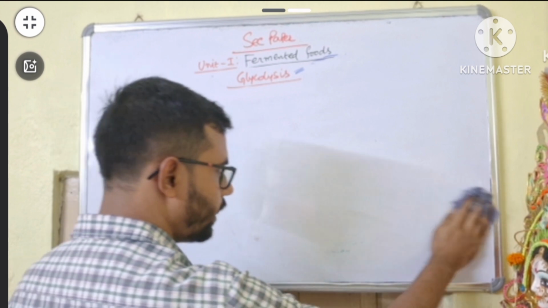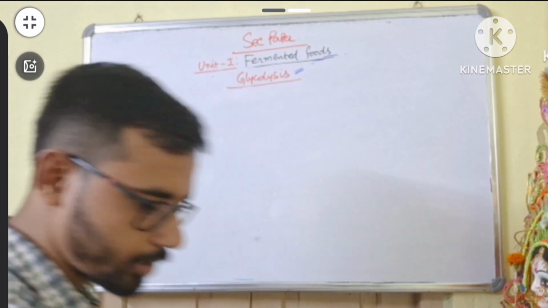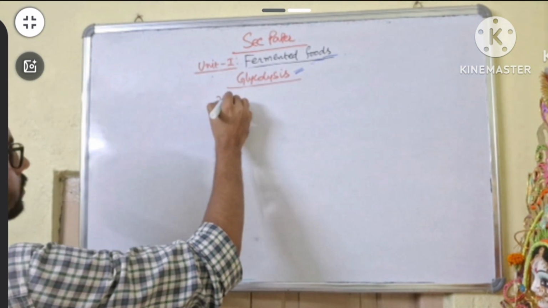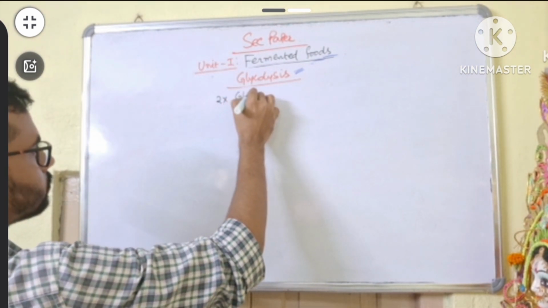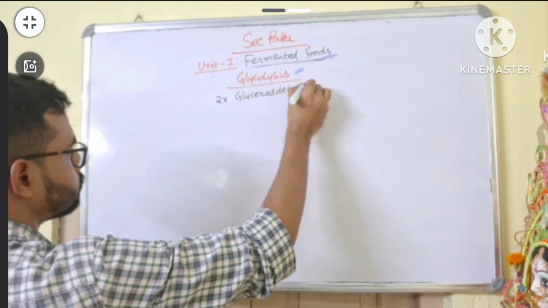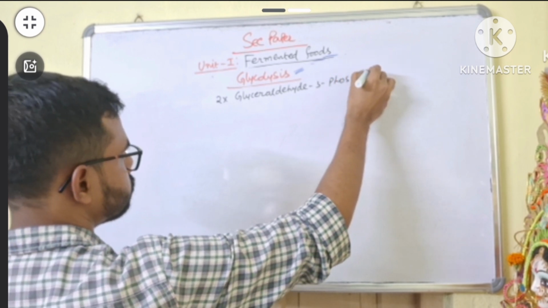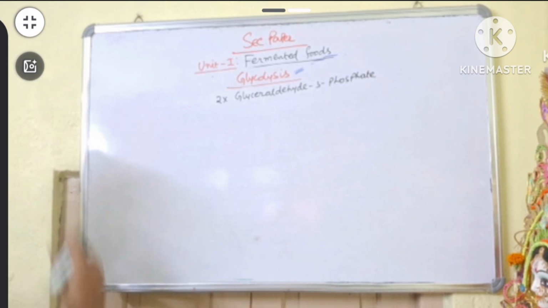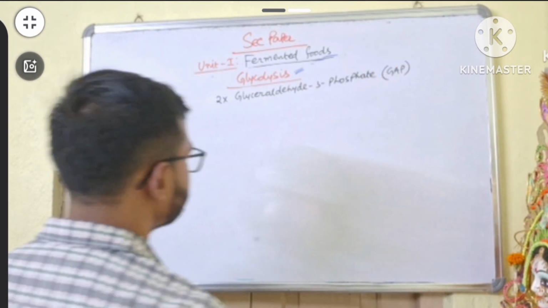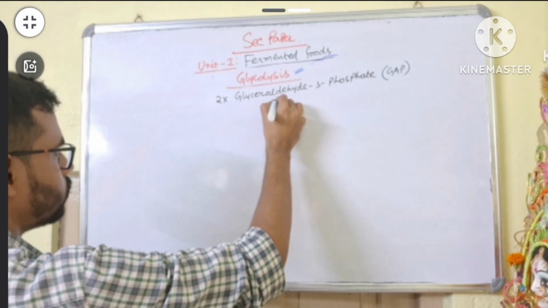After the preparatory phase, we end with 2 molecules of glyceraldehyde 3-phosphate, that means GAP. In the next reaction, reaction number 6, a very critical reaction, it converts into